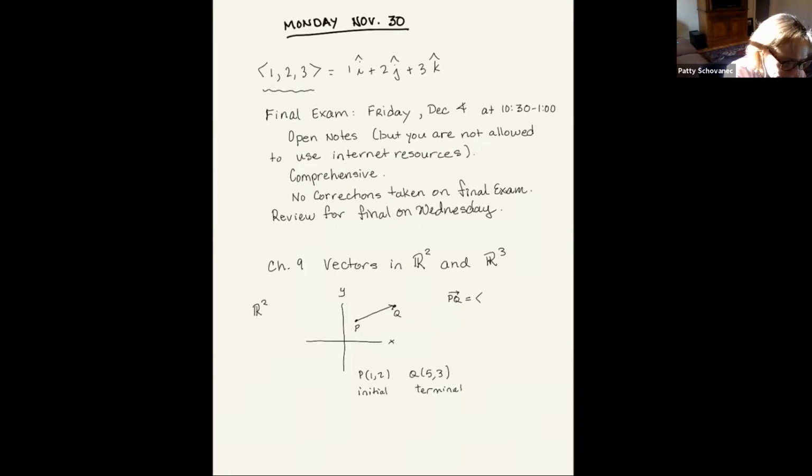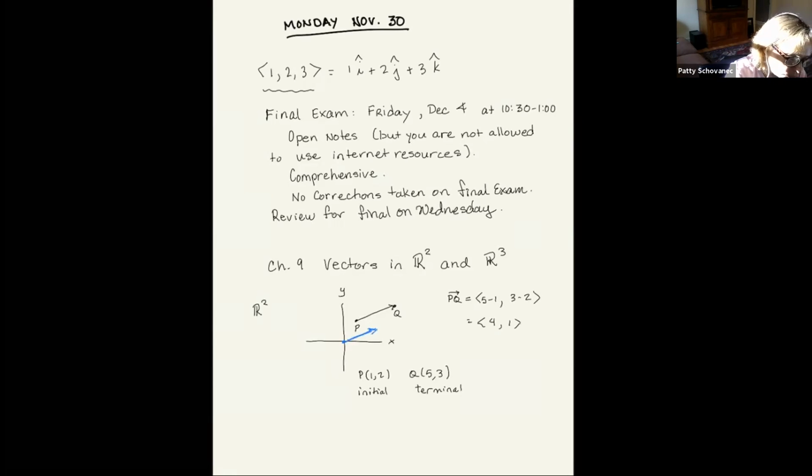So we do 5 minus 1 in the x direction and 3 minus 2 in the y direction. So that's the vector 4, 1. We can also associate that with a position vector from the origin. So if I put a point at 0, 0 and then count over 4 and up 1, I get a vector of the same length